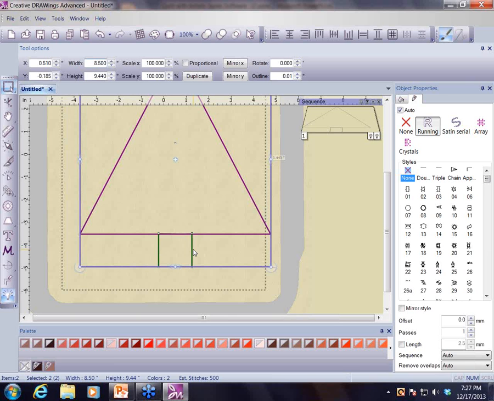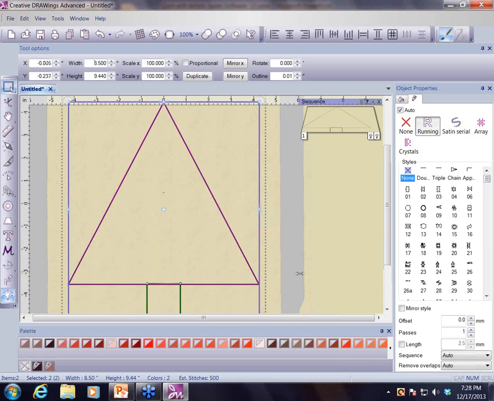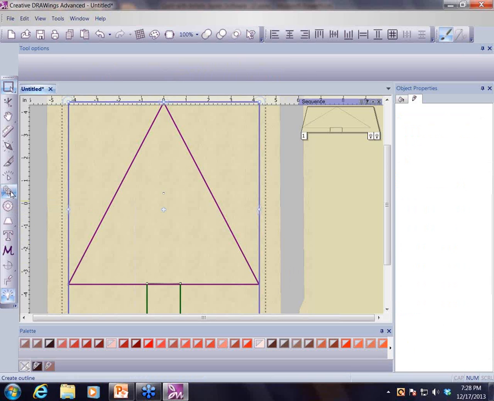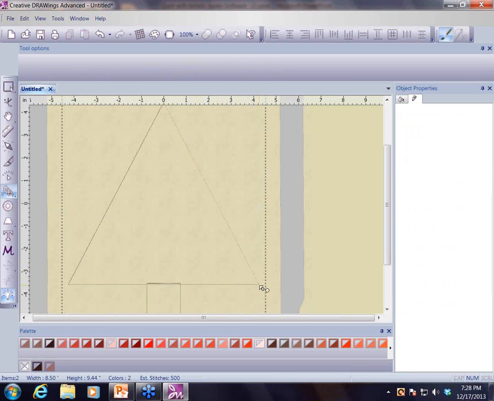The garland for it. Trapunto part too, to make it a little pillowy look instead of just one big fat spot on my tree. So to do that, again, I'm going to come over here to my Create Outline Shape, click onto that, and then I'm going to start down here in the right lower corner of my